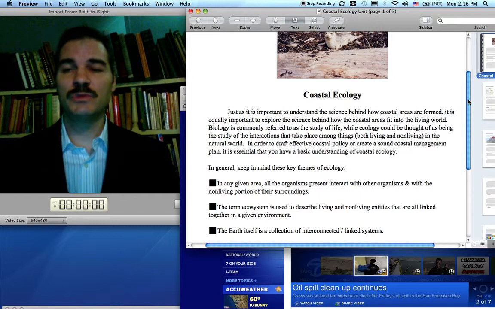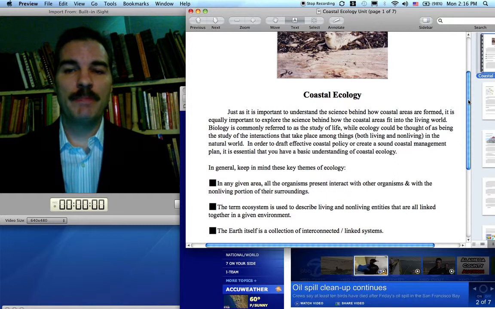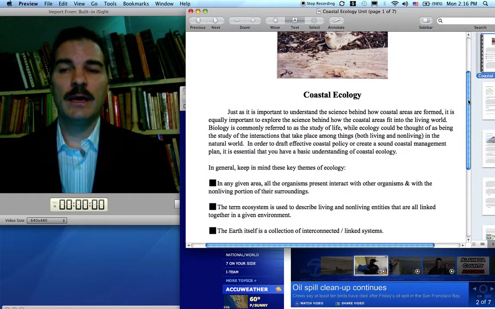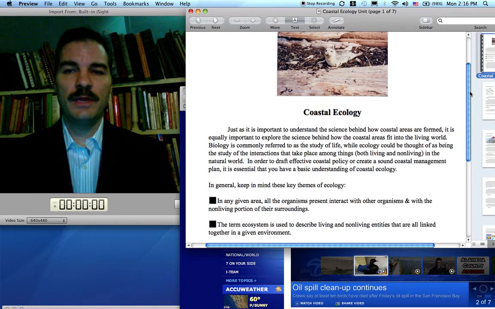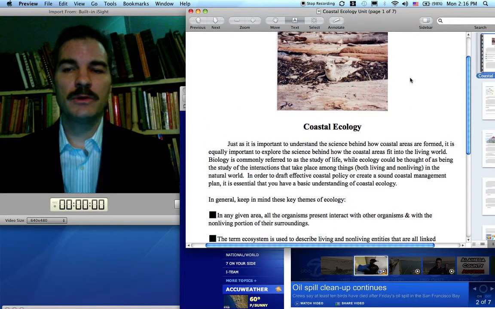Coastal ecology is something which is very important for coastal zone managers and policymakers to consider. If you're involved in a project, say consideration for construction of an LNG tanker terminal on a particular piece of coastline, development of resort facilities, whatever it may be, it's crucial that you take into consideration the particular living elements that exist there, the natural elements, when you're going to be considering or planning any kind of project.